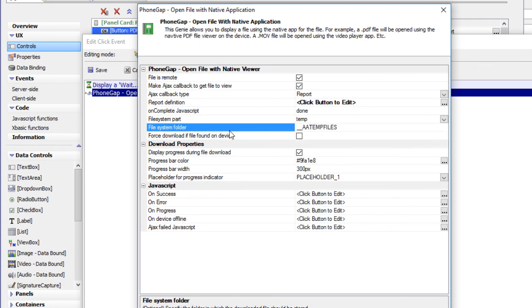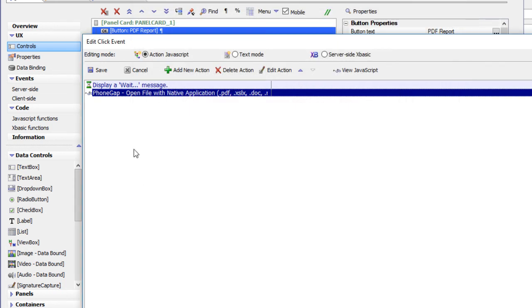And the folder that we would like to store it in is underbar AA temp files. And then when the PDF file is being downloaded, we'd like to display progress, and we'd like the progress to display in the location specified by placeholder number 1. So that's all that we had to do to basically make a callback to the server and then generate the PDF file that we would like to view